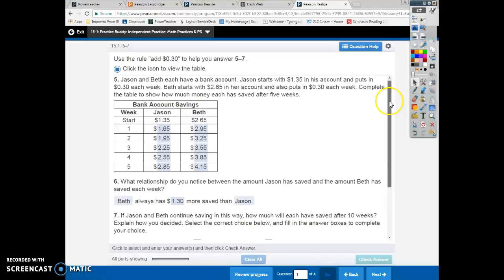Well, let's see. If I start with this, 1.35, and I add 30 cents after week 1, that's great. That gets me 1.65. If I start at $1.35, and I add 2 times, because I'm doing 2 weeks, 2 times 30 cents is 60